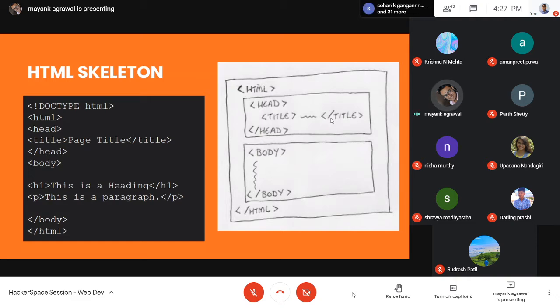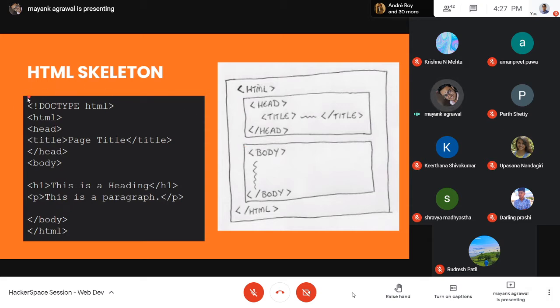Otherwise, inside head, there are many other things that need to be mentioned. Say you are using CSS for style, so you need to link all those style sheets inside the head itself, because it basically sets up everything before your body gets displayed to the user.